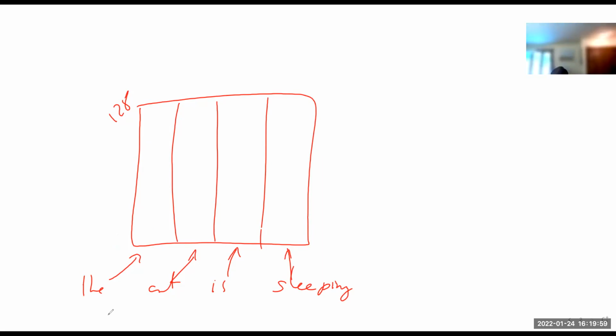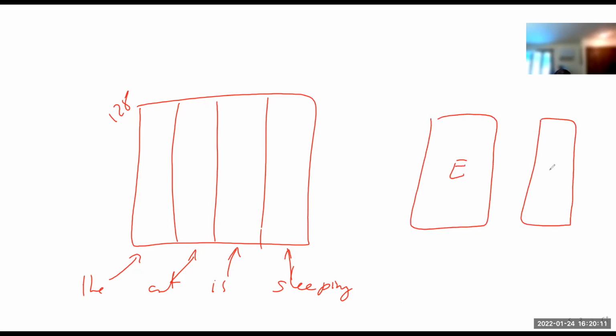So this is the input, right? So the input is you have sentences, right? The cat is sleeping. This is going to be fed into a model. Usually you have an architecture called the encoder decoder. And so you're going to feed it an input, you're going to get an output. The encoder, the basic idea is that you take this sentence, the encoder will do literally that. It will try to encode it into another vector. There's a lot of encodings going on, very sequential.